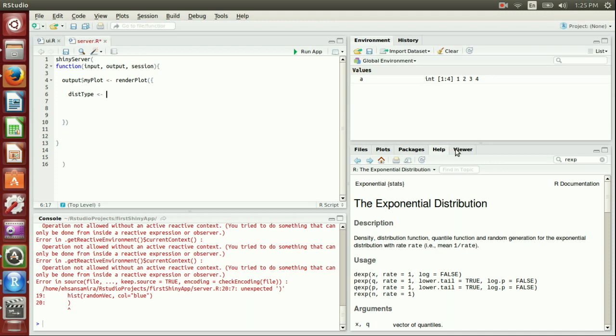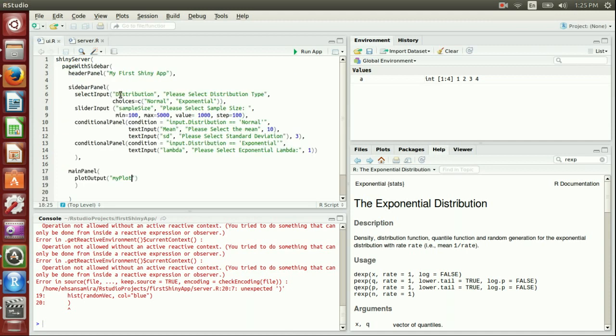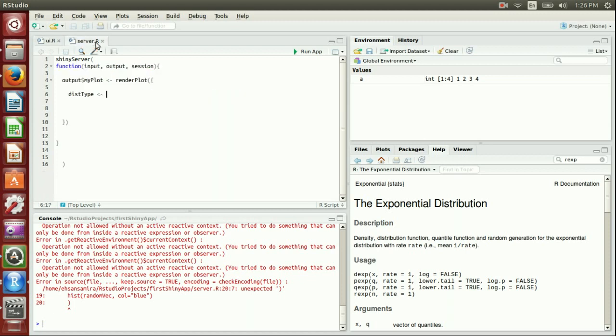The distribution type is the distribution entered from the user interface, and it is defined by distribution. So input $ distribution we'll hand to this type,